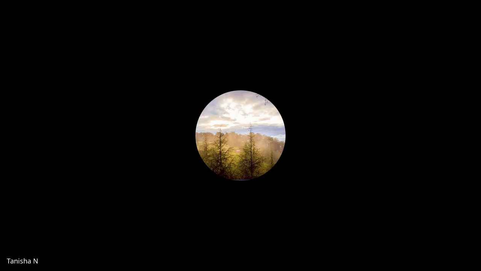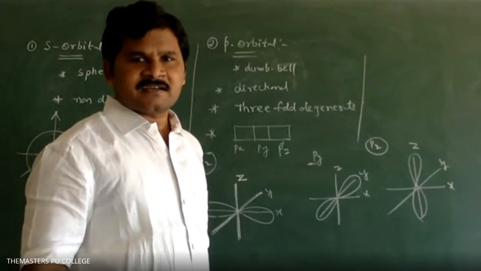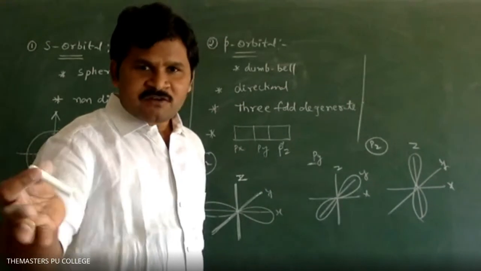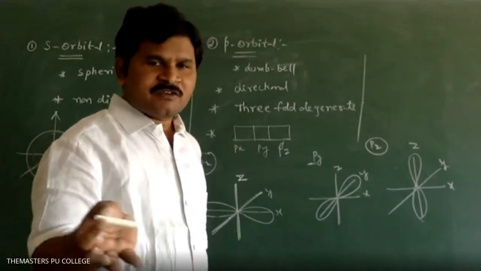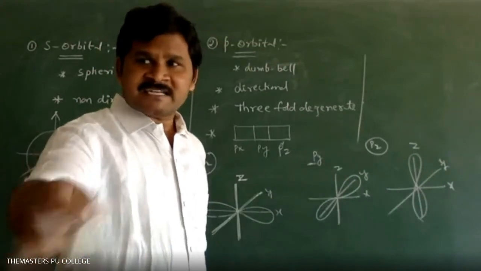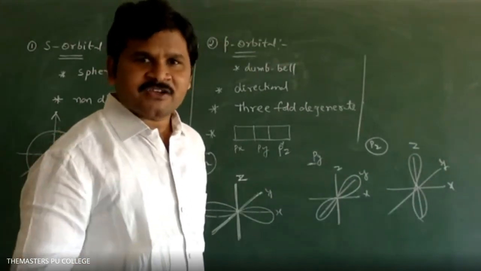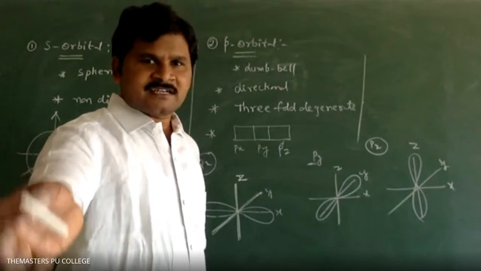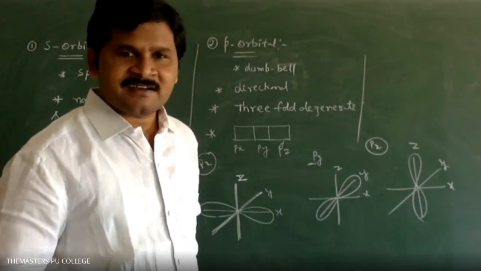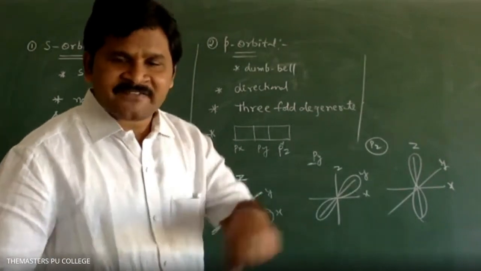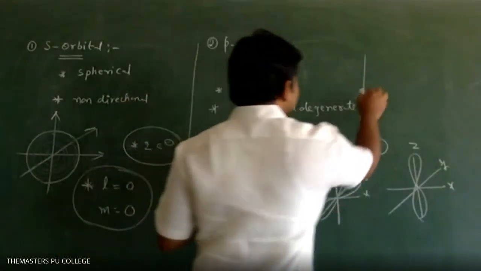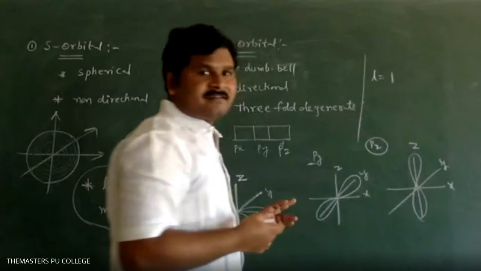Nodal formula, L value. Actually, if you asked in detail, sir, how you are saying nodal plane is 0, I would have to show it. So that's why I didn't mention that formula. If I say the formula, you can understand easily. So sorry, telling the formula: we have to remember nodal planes is equal to L value. But remembering the formula is not important. Identification is important. Yes, sir. L is equal to 1 for p orbital.